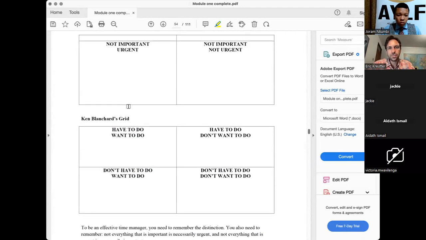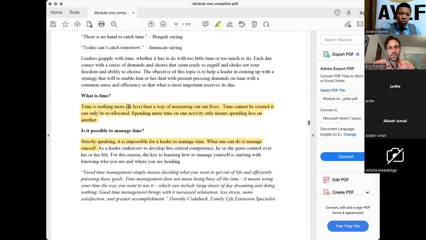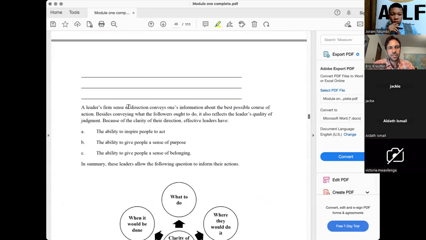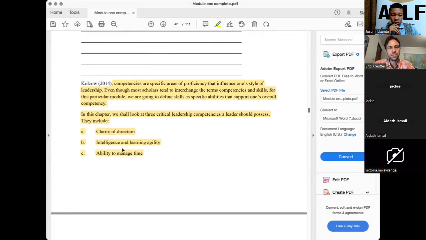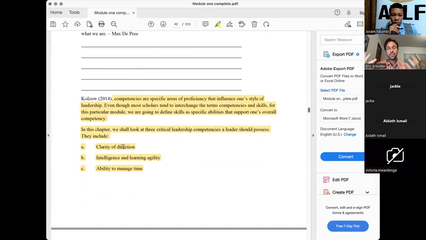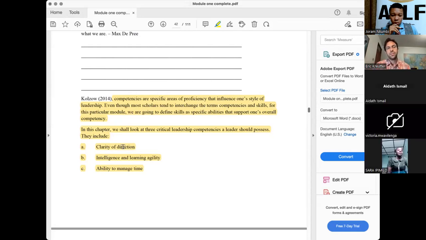So I'm just going to stop there and summarize the point of this lesson. We talked about some basic competencies of leadership, and in specific, we talked about having clarity about your direction, what it is you want to do, and where you're going. We talked about who, what, where, when, why, how. You have to be able to articulate that as a leader. We talked about the value of learning, unlearning, and relearning, so that on the journey as you go, you're able to continue effectively and not just stop and stagnate.